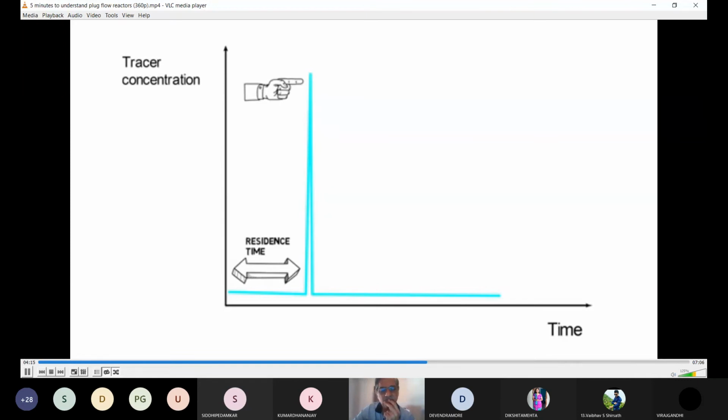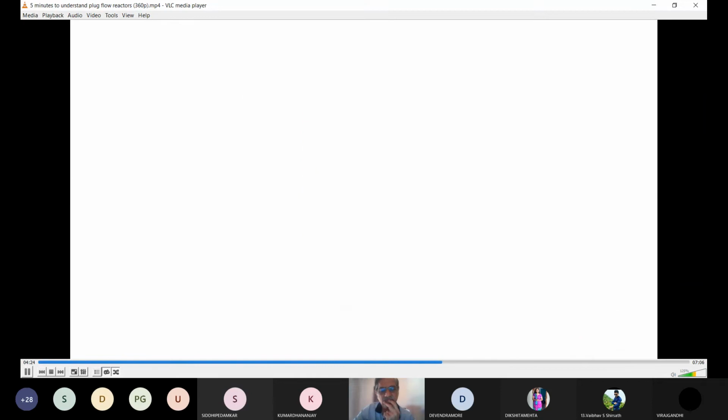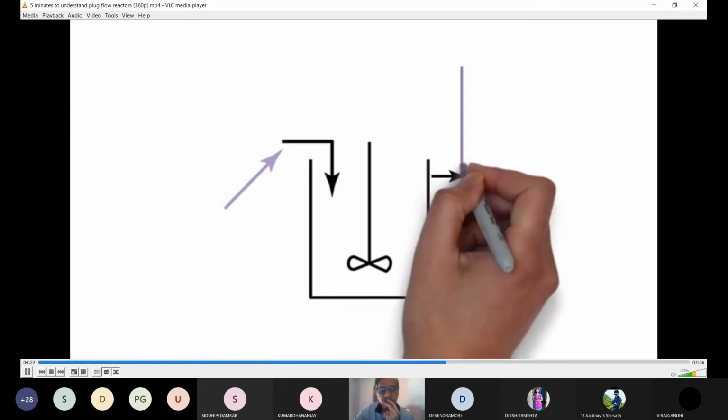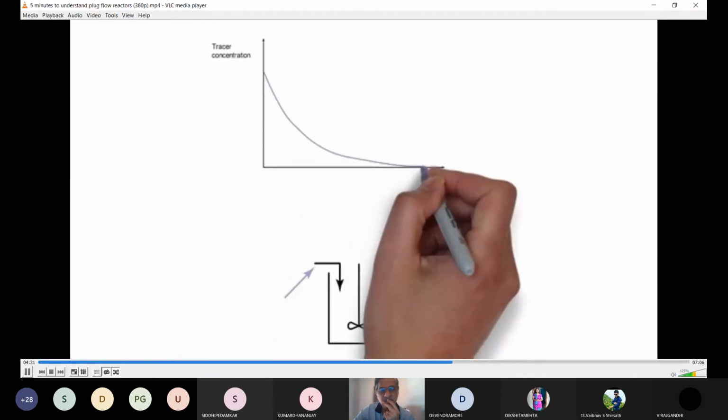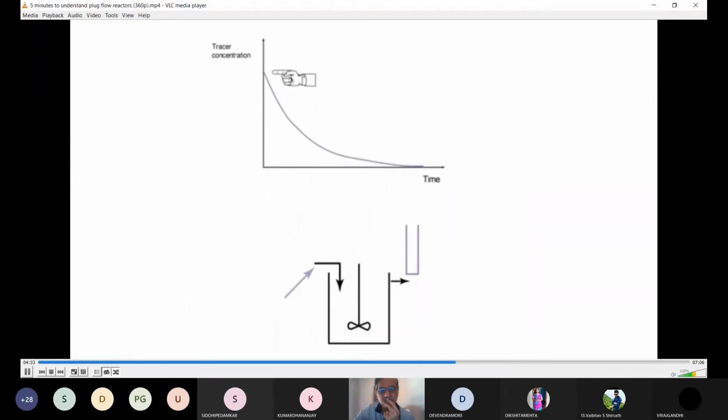We can understand intuitively that this time also corresponds to the ratio between the reactor volume and the volumetric flow rate. This is also called the space-time. In a CSTR, on the other hand, the residence time distribution decreases exponentially with time. A large amount of tracer exits the reactor after a short time, after which less and less tracer is detected